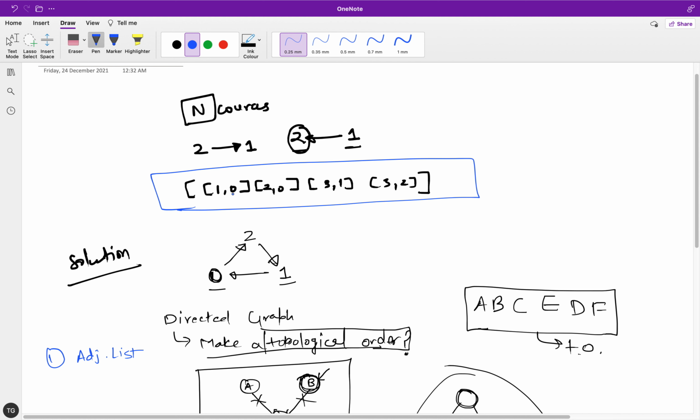Otherwise, if I want the neighbors of a node, I will have to iterate over the input and then get the data. But with an adjacency list, the lookup of the vertices is in order of one time complexity.